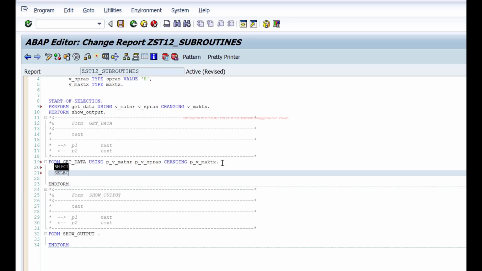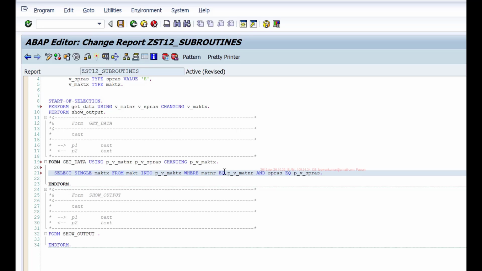I'll write a select statement. Select single MAKTX from MAKT into P_V_MAKTX, where MATNR equals P_V_MATNR and SPRAS equals P_V_SPRAS.